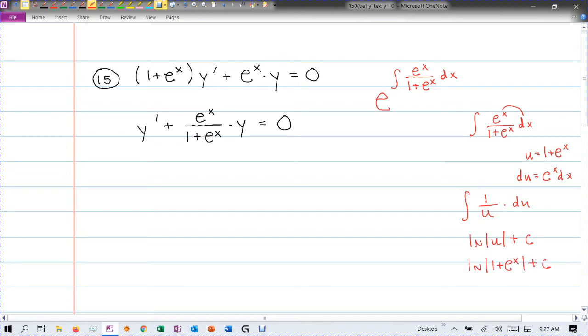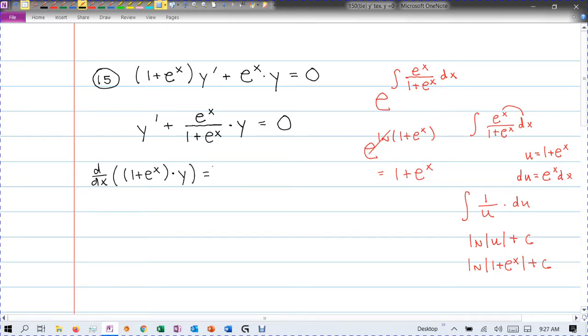Now, 1 plus e to the x is always positive, because e to the x is always positive, and adding 1 is still positive, so we don't need the absolute value, and that means we can turn this into e to the natural log of 1 plus e to the x, and they're gone, and we get our integrating factor 1 plus e to the x. Now, that means we have the derivative with respect to x of our integrating factor 1 plus e to the x times y,